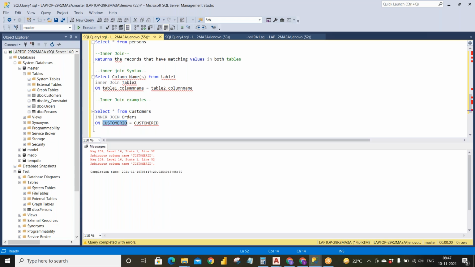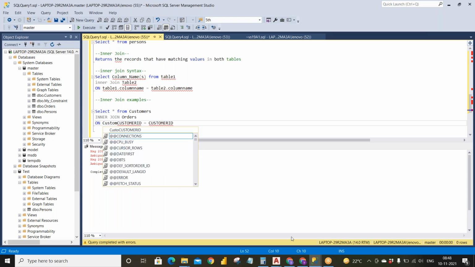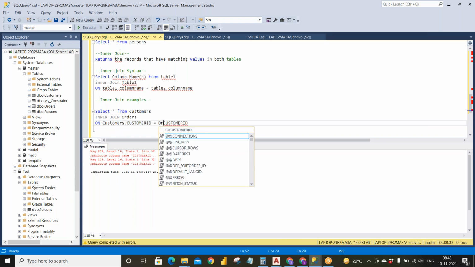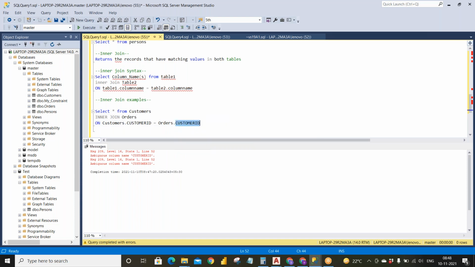So we need to mention that clearly. For that, we need to give the table name dot. customers dot, that means this customer ID belongs to the customers table, and here I want to give orders dot, so this customer ID belongs to the orders table. Now it will execute.